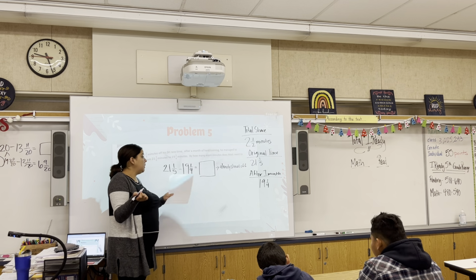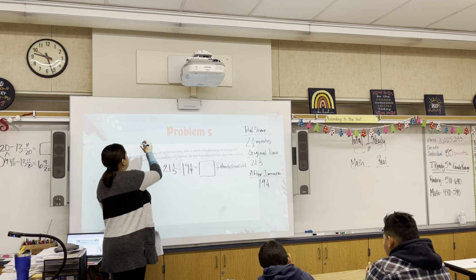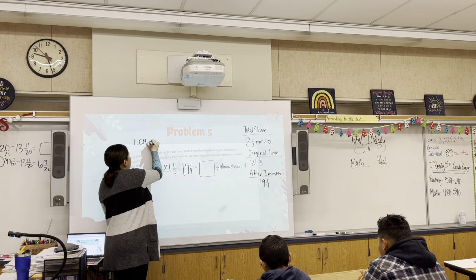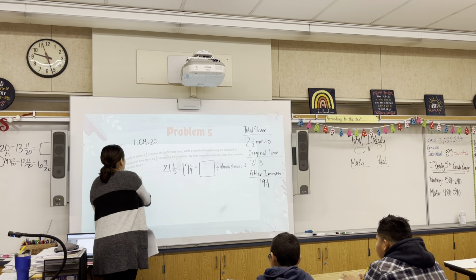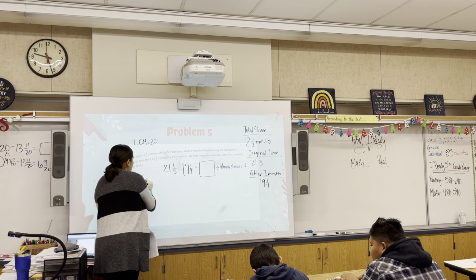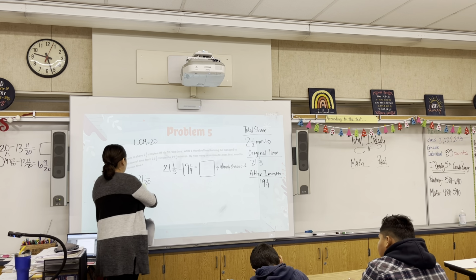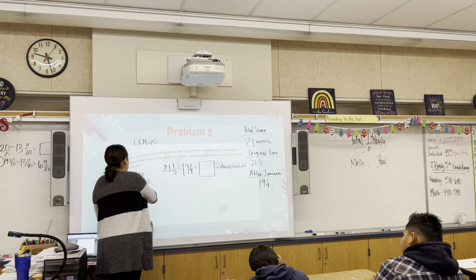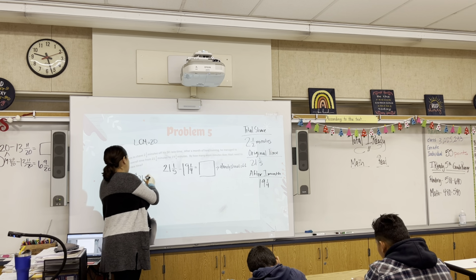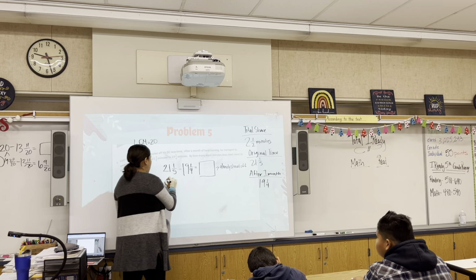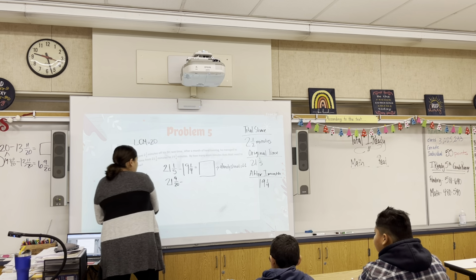So then right here, what's going to be my LCM? 20. Okay, good. So my LCM is 20. So 21 and 1/5 is equivalent to 21 and something over 20. 5 times what gets me to 20? 4. Good. 5 times 4 at the denominator. We're going to do the same to the numerator. So that's 21 and 4/20 minus